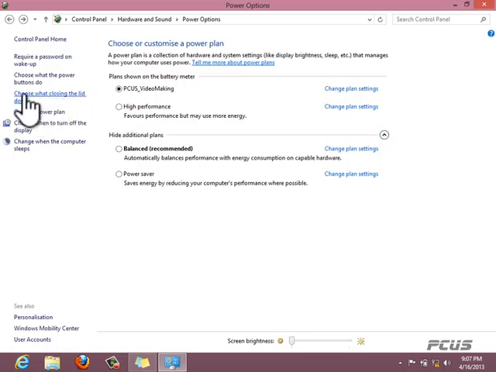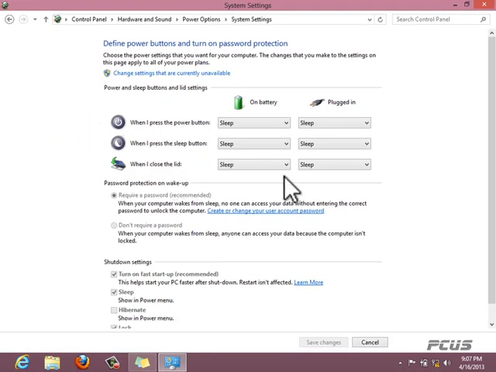So I want to do this. Let me click on this. Now it comes here. Are you getting it now? So what will happen here is this. When you close the lid, you see this is close the lid, what do you want to happen? I want it to hibernate my computer. I normally use this when it's on battery. So that means when I'm running on battery, if I close it, automatically it's going to hibernate